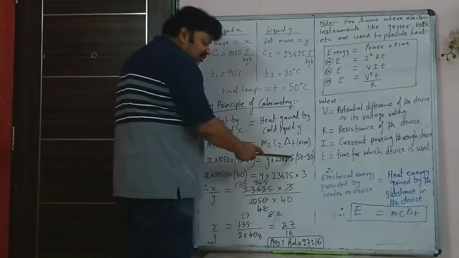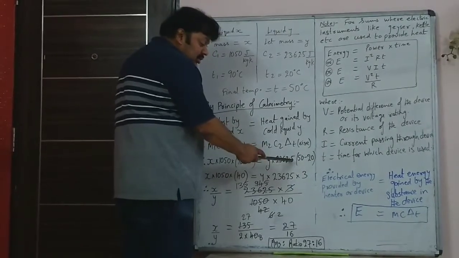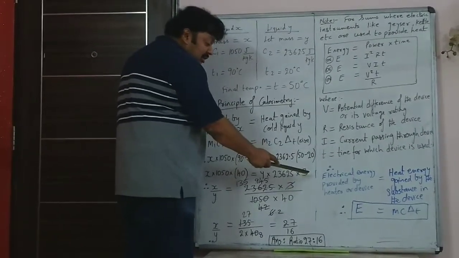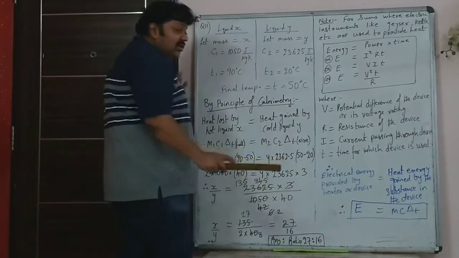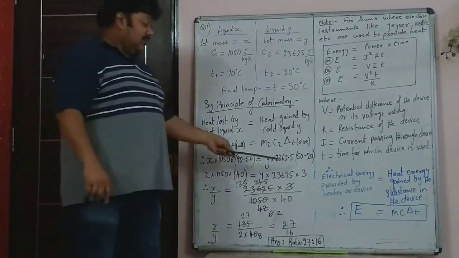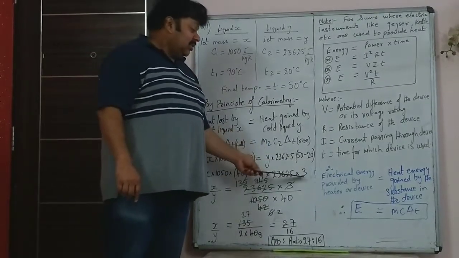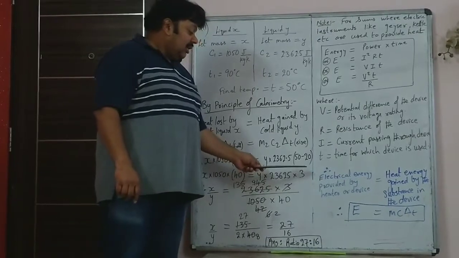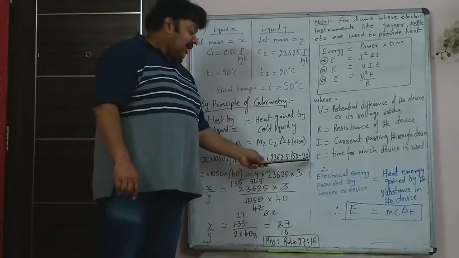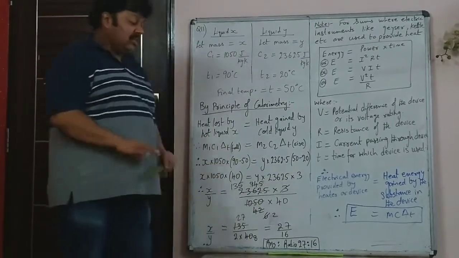But see, I have shifted the decimal here. Because I have shifted the decimal, instead of writing it as 30, I wrote it as 3 and I shifted a decimal. So don't get confused looking at this. 50 minus 20 is 30, but instead of writing 30, I have written 3 and that 10 I have used to shift the decimal.